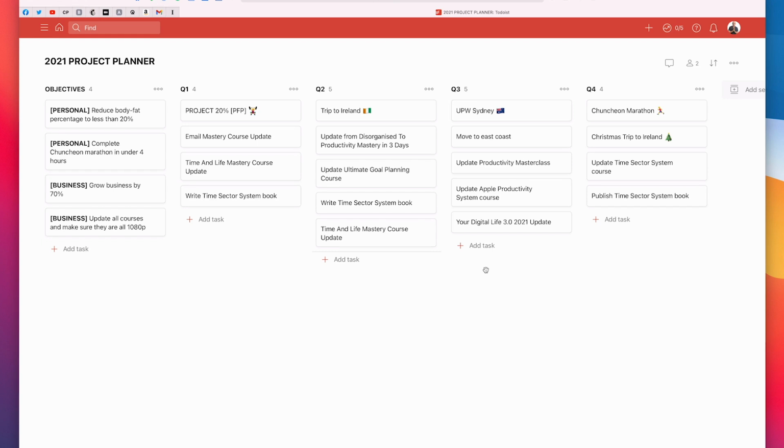And Todoist is just great for this now. When boards came out, I really struggled to figure out how best to use them, if I needed to use them. Now I realize I've actually got a great way of doing this. So there you go. That's all you need to know about creating your very own project planner in 2020.